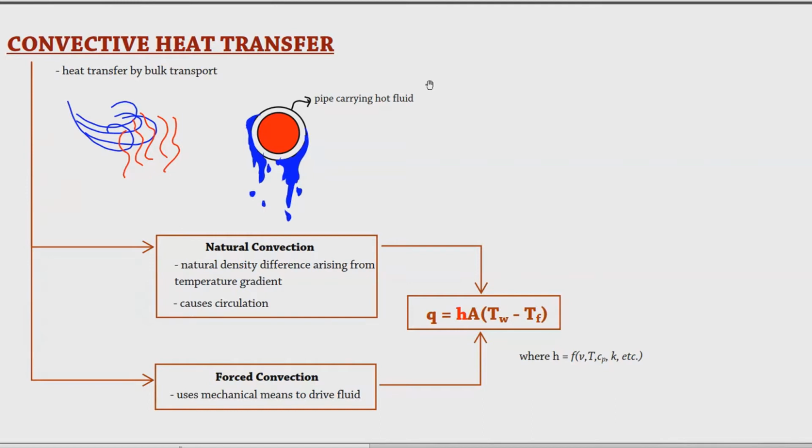These two employ different ways of solving, and it's very important for us to understand this. But in general, as you can see from the arrow here, we have natural convection and forced convection. They just boil down to the same equation. That is a very simple equation: Q is equal to h, which is what we call the heat transfer